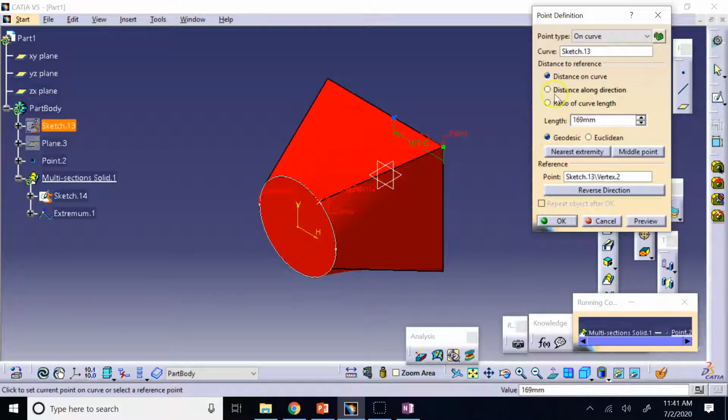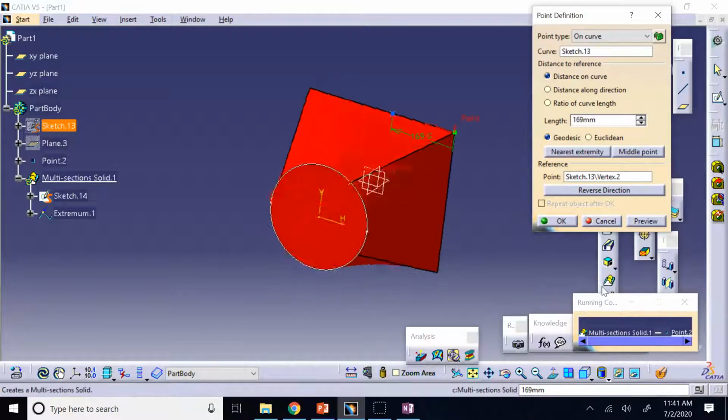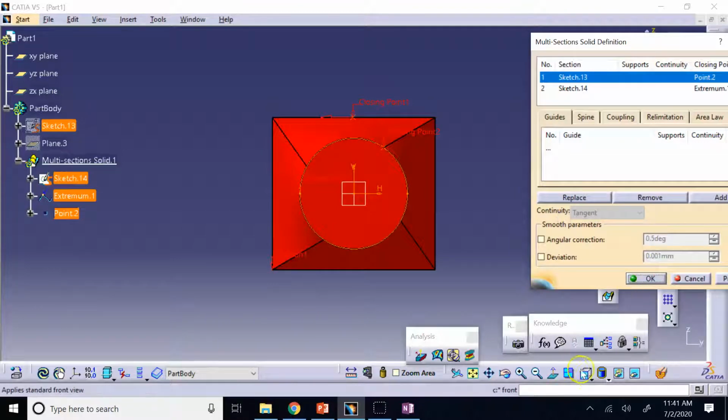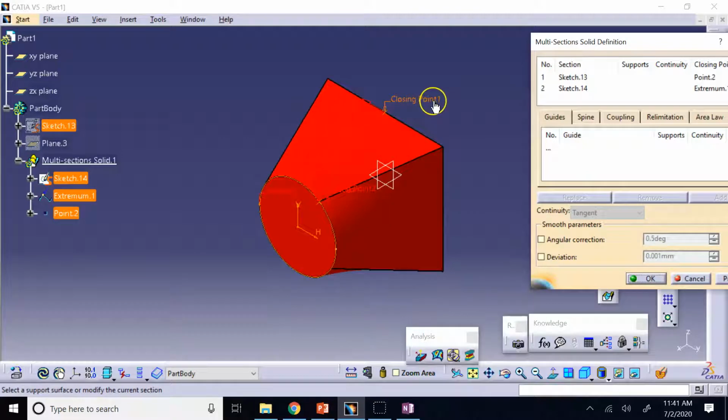There are different ways to do it. You can go distance on the curve, distance along direction, ratio of the curve length. That's the same thing I said, ratio. So it's up to you how you want to determine that, but if I can get it roughly above the V-axis, then that will produce a lot better result. So something like this, okay? So now this is my closing point for the